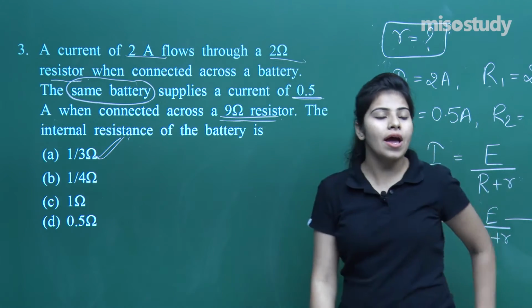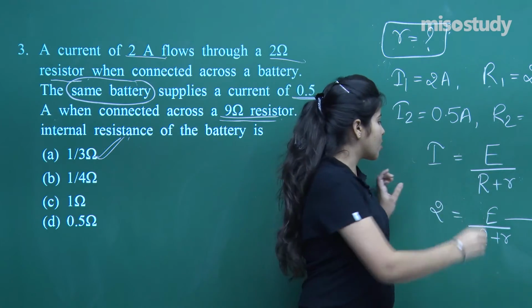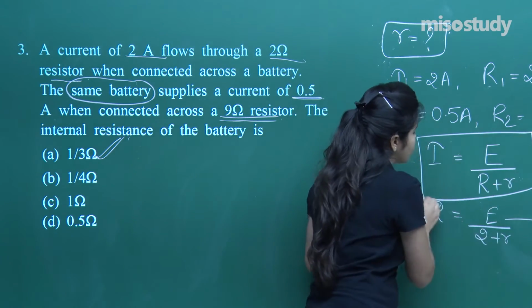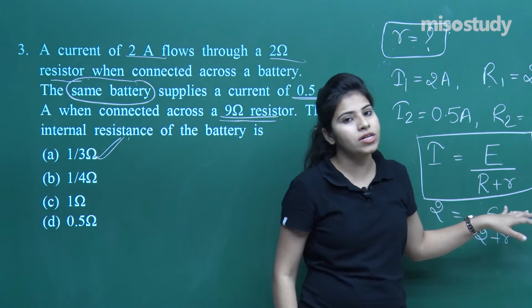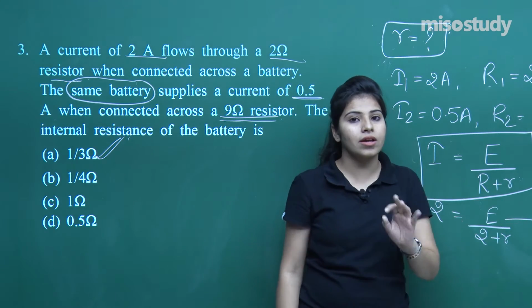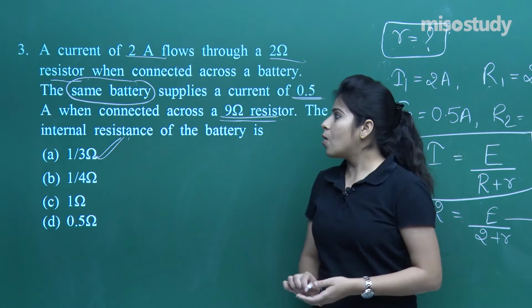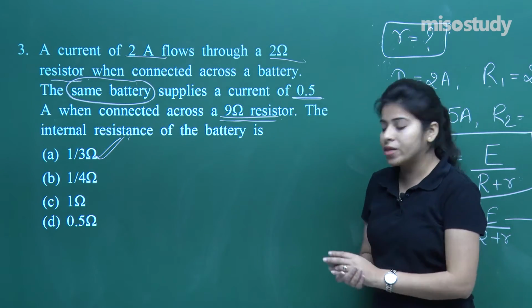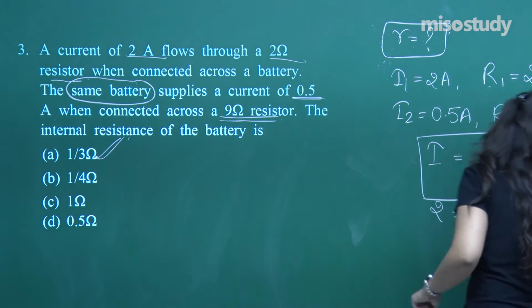So that means we have started with this equation. This was the basic of this question. If you know this equation, you are definitely going to attempt the question in the correct manner, right? So now we will begin with the next question. That will be question number 4 of the session.